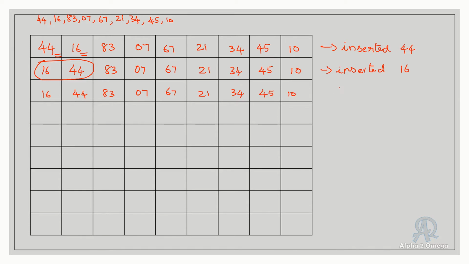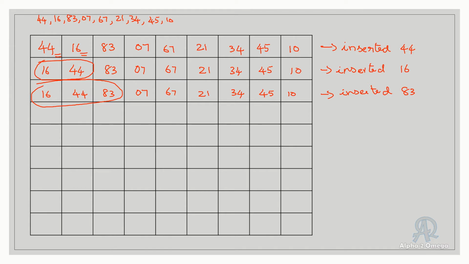Okay, right? So now in this position we have to write inserted 83. 83 has not moved anywhere, but technically we have to say it is inserted. So these three are now sorted in this place. Okay, now we are going to compare with 7. Next, this will be compared with these three. The fourth element will be compared with all the three.